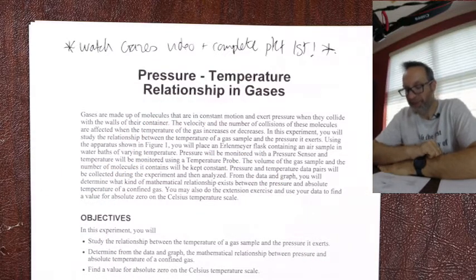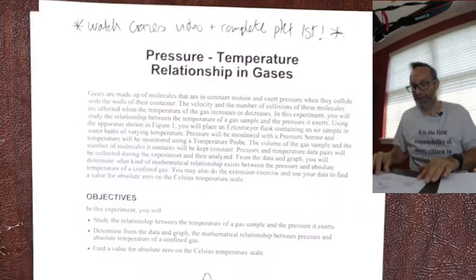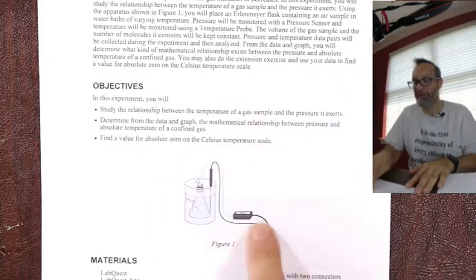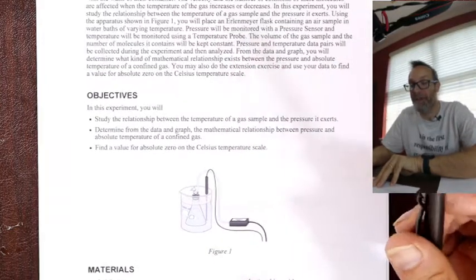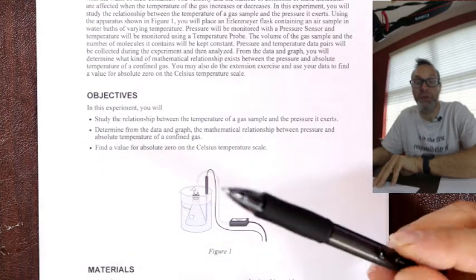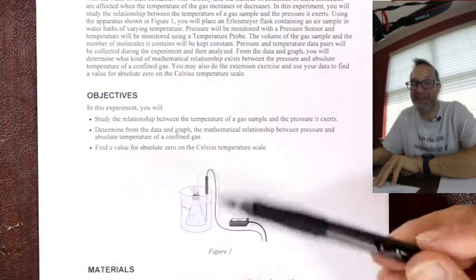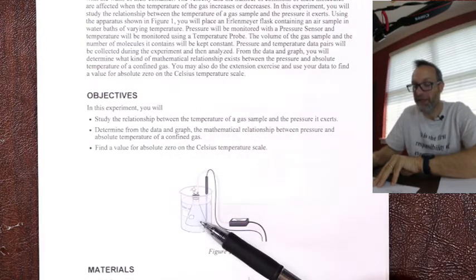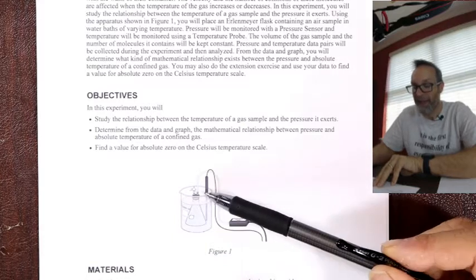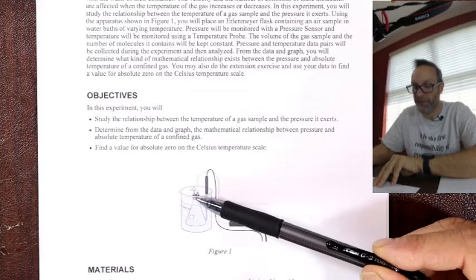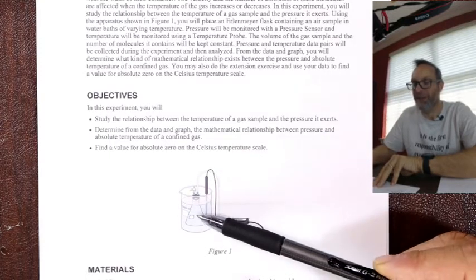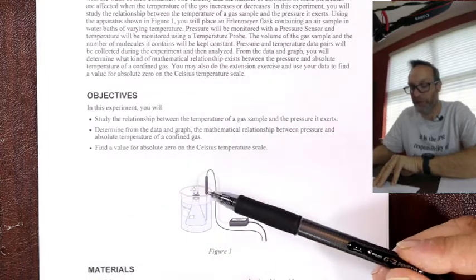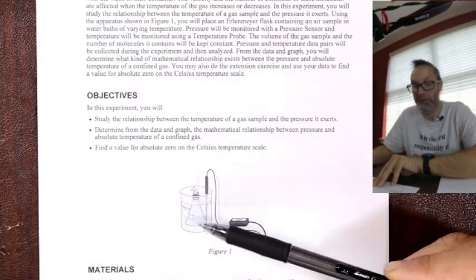Now the experiment itself, obviously it's not an experiment we can do because we're at home, but it's a very, very simple experiment. It's the pressure-temperature relationship, that's Charles's law. So if you want to review that particular page in the gases packet, that'll really help. We have a fixed volume container, so it's temperature versus pressure. We're basically submerging a fixed volume glass container in a water bath, and we can measure the temperature of the water bath, therefore that's the temperature of the gas also after it's come to equilibrium. So we can change the temperature of the water bath, change the temperature of the gas,